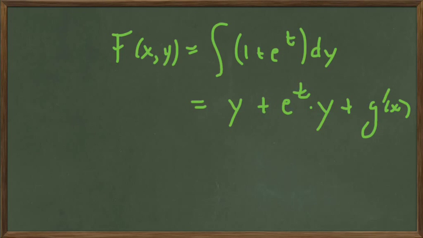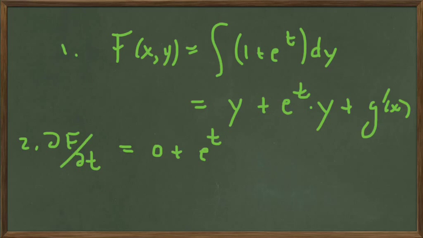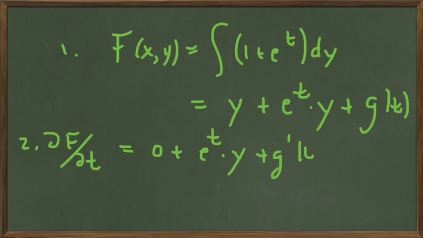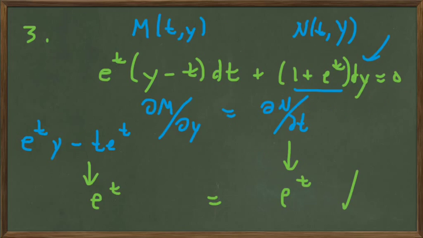And then we're going to take the partial of f with respect to the first variable t, and we get what, 0 plus e to the t, because the derivative of e to the t is itself times its constant, and this should have been g of t. So this is g prime of t,